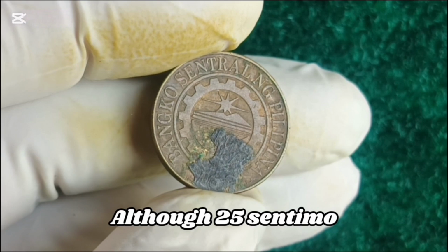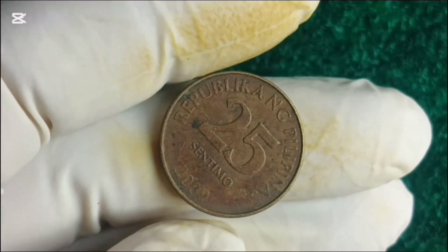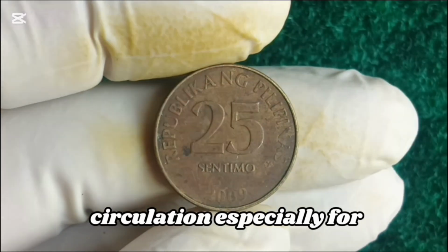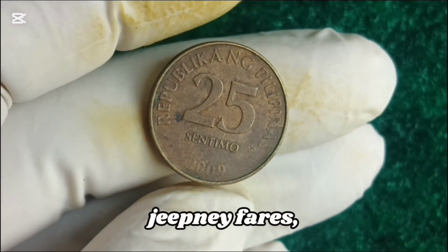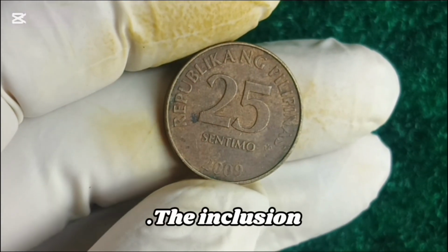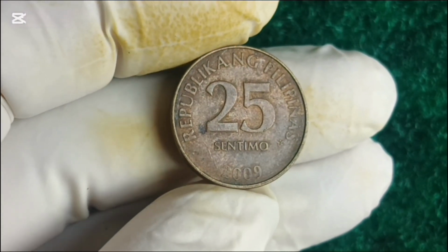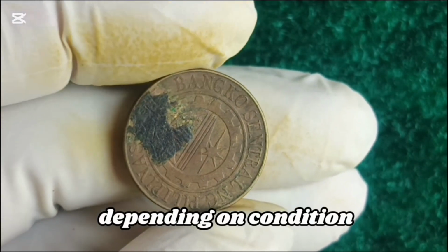Monetary use and circulation: although 25 Sentimo had limited purchasing power in 2009, it remained in circulation, especially for making exact change in traditional markets, jeepney fares and small transactions. BSP symbolic messaging: the inclusion of the BSP logo alongside the flower symbolizes